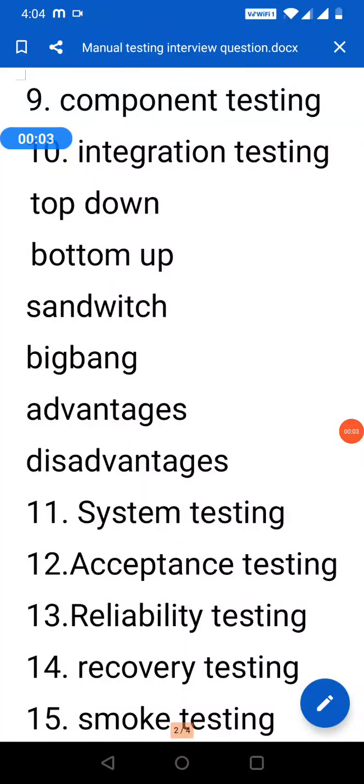What is component testing? Component testing, also called functional testing. Testing different components thoroughly and regressively is called component testing. Before doing integration testing, we do component testing. Thoroughly means testing all components. Regressively means covering both positive and negative scenarios.